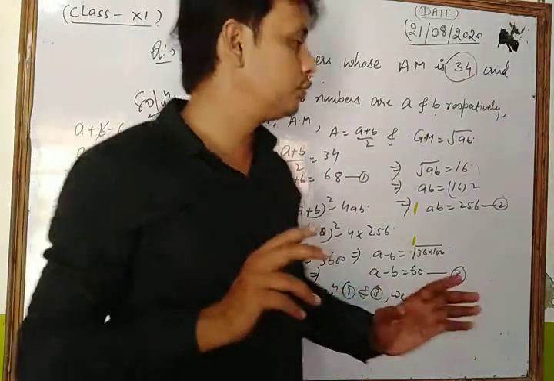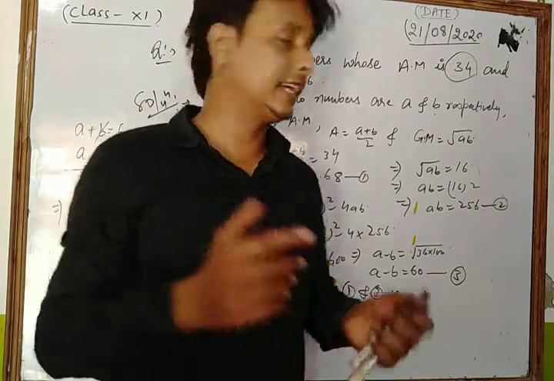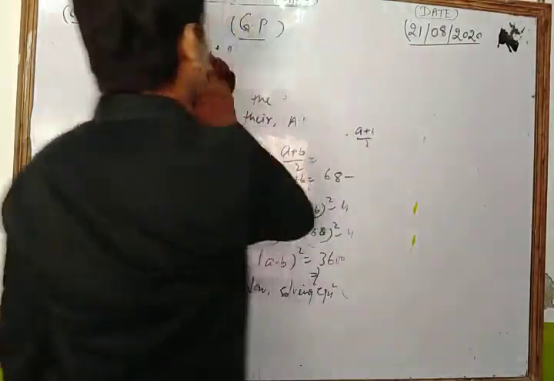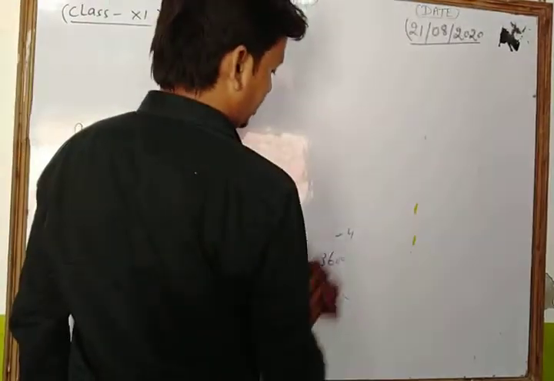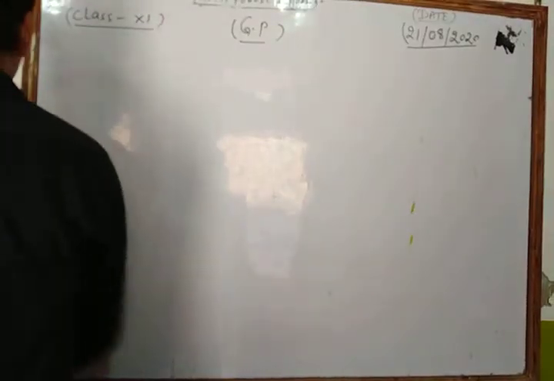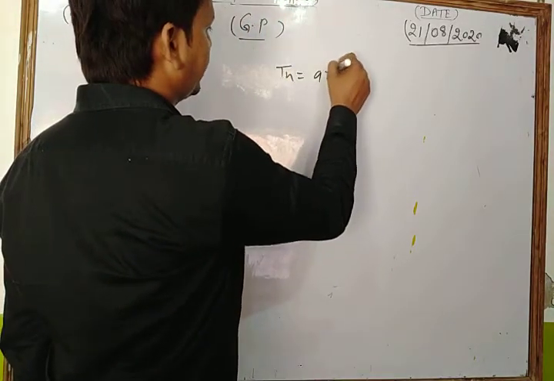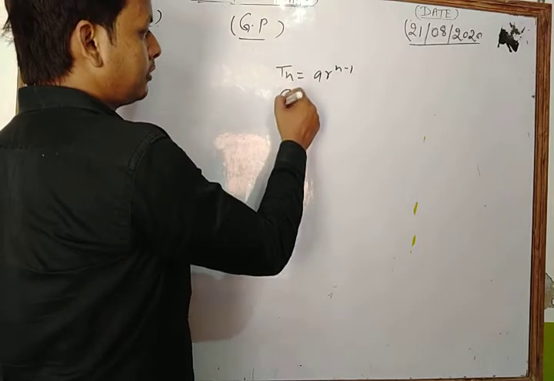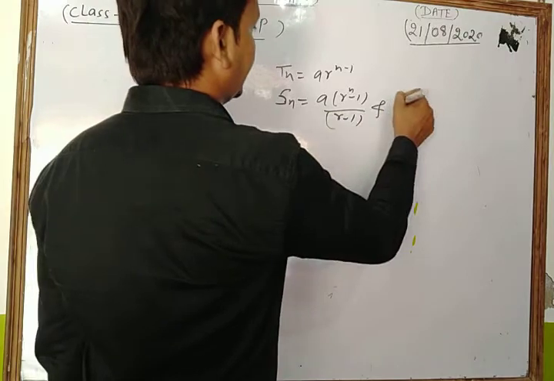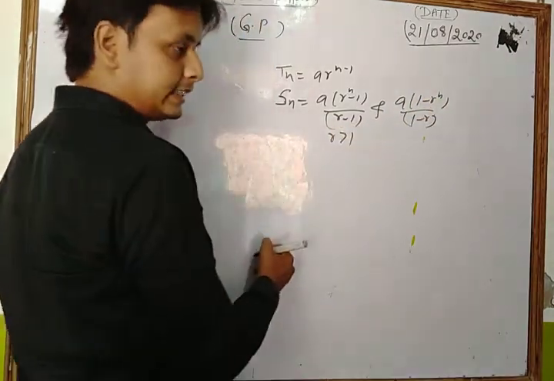So first, dear students, you revise all the topics of the chapter GP. Once more I revise all the formulas of that chapter. Please solve questions based on each and every formula of the GP. In that chapter we discussed the nth term, which is equal to a r to the power n minus 1. We discussed the sum of n terms, which is equal to a (r to the power n minus 1) upon r minus 1, as well as a (1 minus r to the power n) upon 1 minus r. The first is used when r is greater than 1.